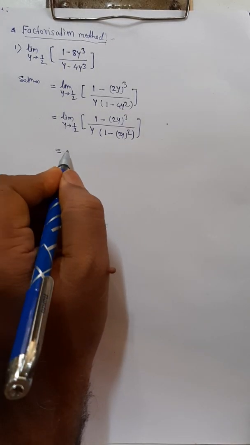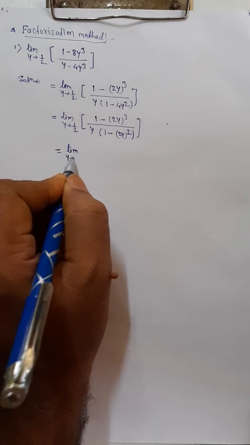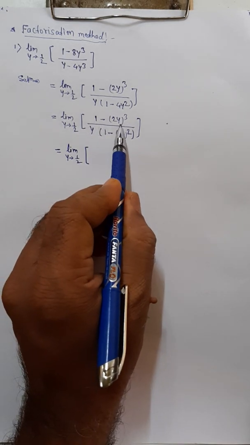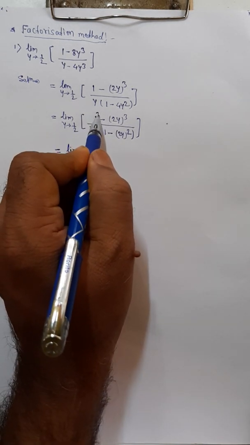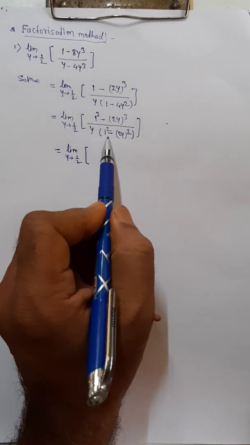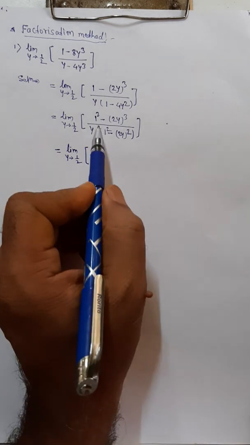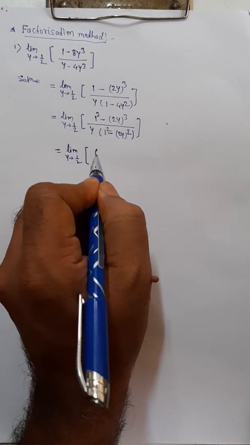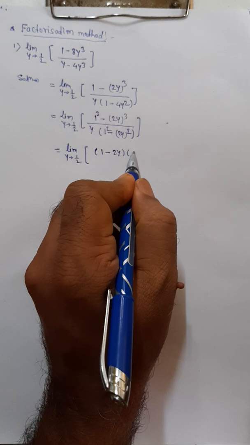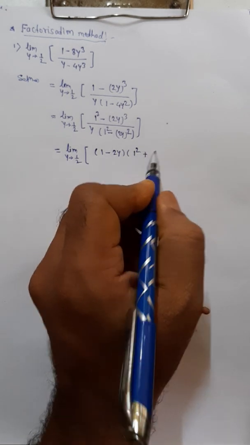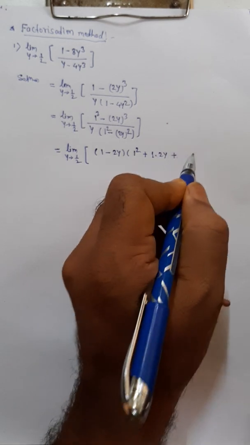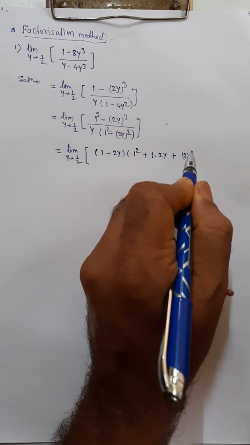So continue, it is equal to limit as y tends to 1 by 2 in bracket, apply here formula a cube minus b cube. See here, this 1 means we can write 1 cube and this 1 means we can write 1 square. So in numerator we apply a cube minus b cube, in denominator we apply a square minus b square formula. So you know expansion of a cube minus b cube: first bracket a minus b, that is, a means 1, b means 2y. Second bracket a square means 1 square plus a into b, here a means 1 and b means 2y, plus b square, that is (2y) square,